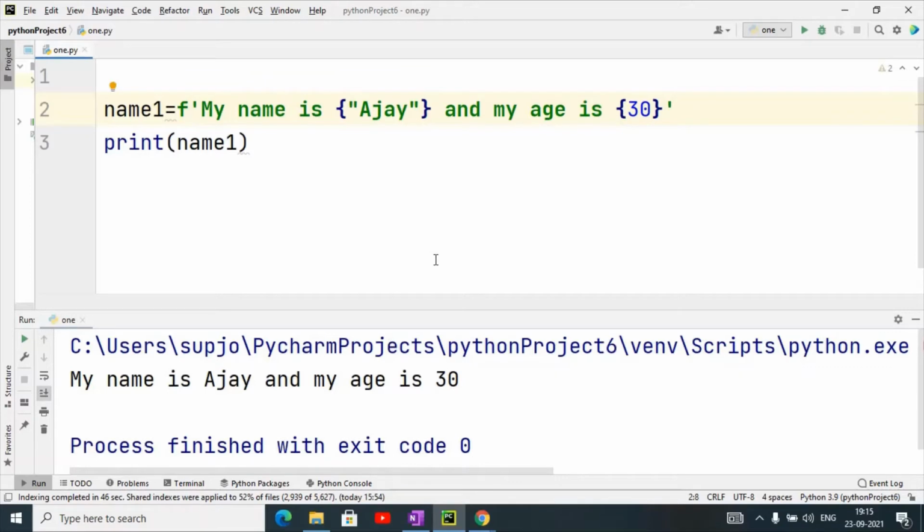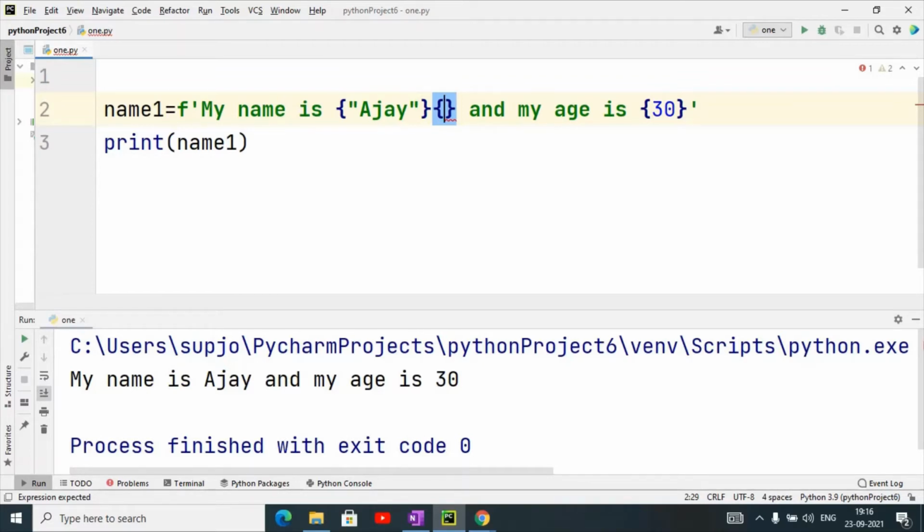Clear now? Sir, suppose if more than one component is there. See, here you are taking only Ajay and his age. Yes. But suppose you have 5 or 10 names. 5 names, so you will use five curly braces, and on each curly braces you can type the specific string name. Understand or not? If you want more than one name, you will use different curly braces and give the name of that particular string that you want to format, in proper format. Understand or not?